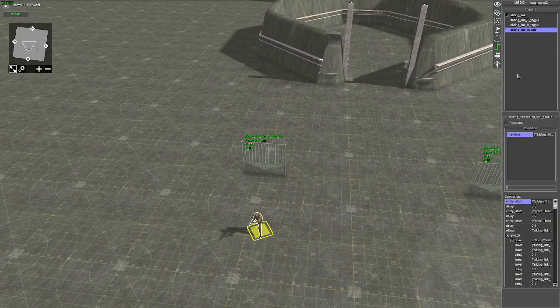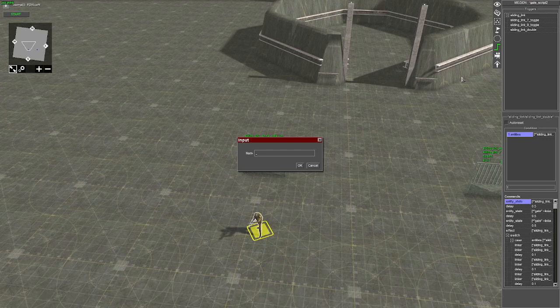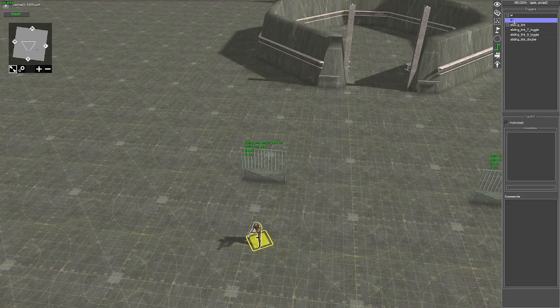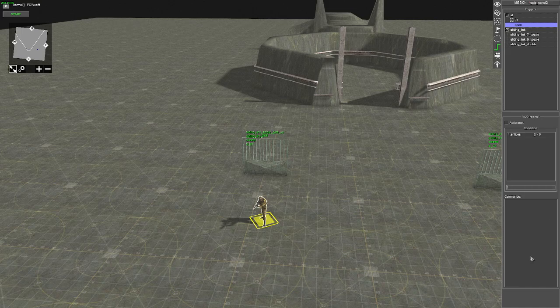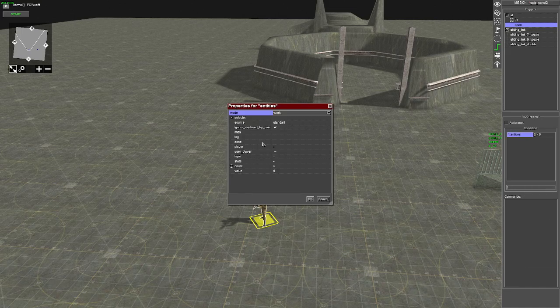So let's have a look here. Create a new trigger. We'll call it SL/01 and rename that to open. So we'll have entities. Change it to advanced. We'll go group. Select the zone